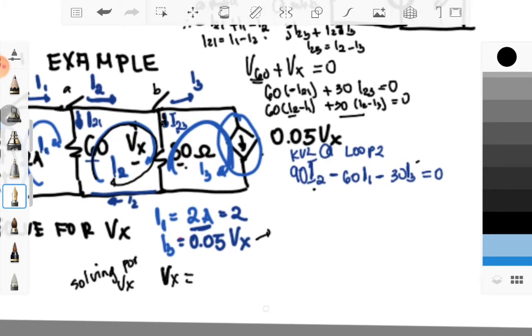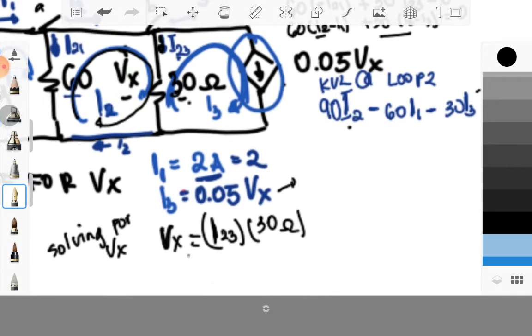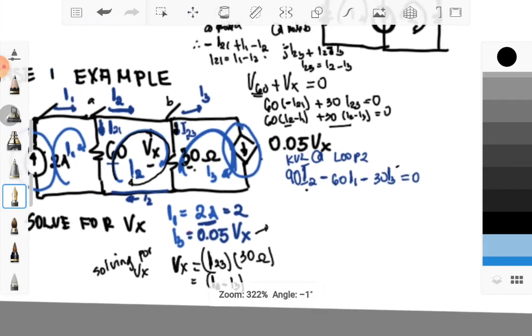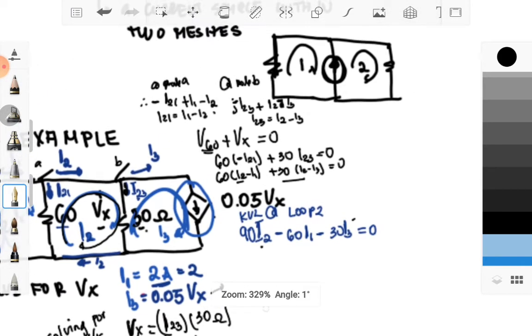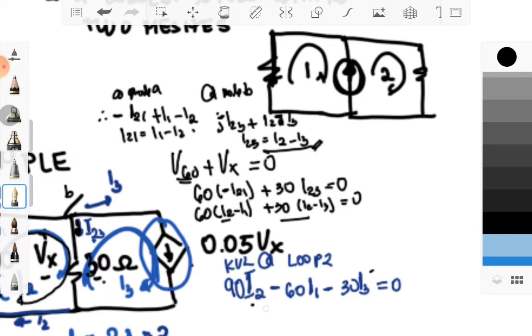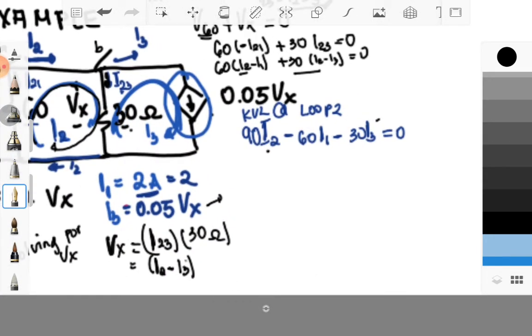I23, so with the current, pumasok sa positive. So, I23 multiplied by our 30 ohms yan, tama ba? By our 30 ohms. Okay, that is our Vx. So, therefore, my Vx is equal to I2 minus my I3, tama? So, our I23 is equal to I2 minus I3, okay? So, therefore, we have I2 minus I3 multiplied by 30. That is our Vx. So, solving for our I3, so we have our I3